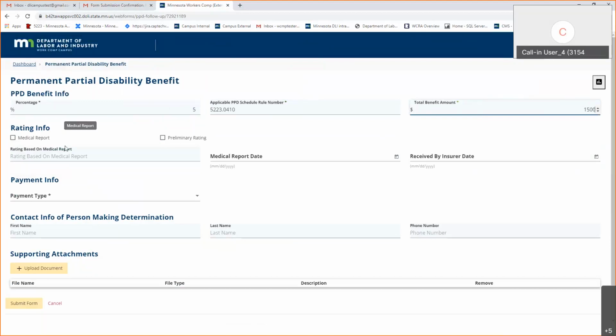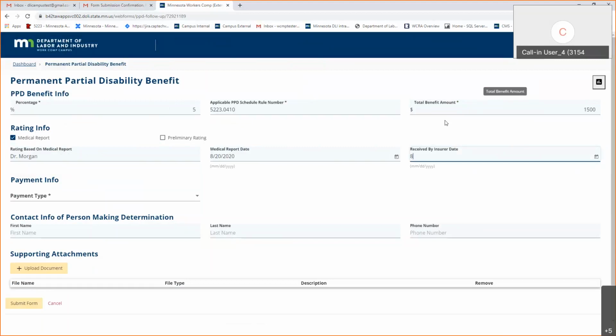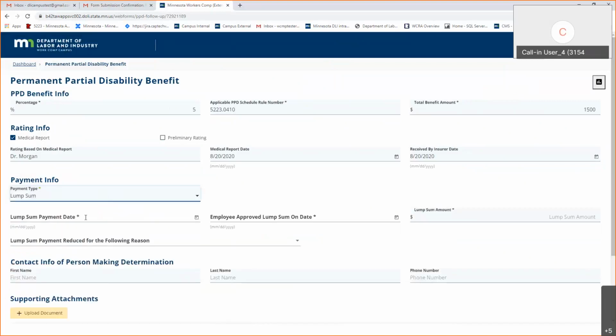The rating information, this could be based on a medical report or a preliminary rating. I'm going to go ahead and say it's based on a medical report. I'm going to say it's from Dr. Again, medical report date. Received by insurer, date, payment type. So I'm going to specify if I'm making a lump sum of this PPD or periodic payments. I'm just going to go ahead and say that I'm doing a lump sum. Say that I'm going to make that lump sum payment today,